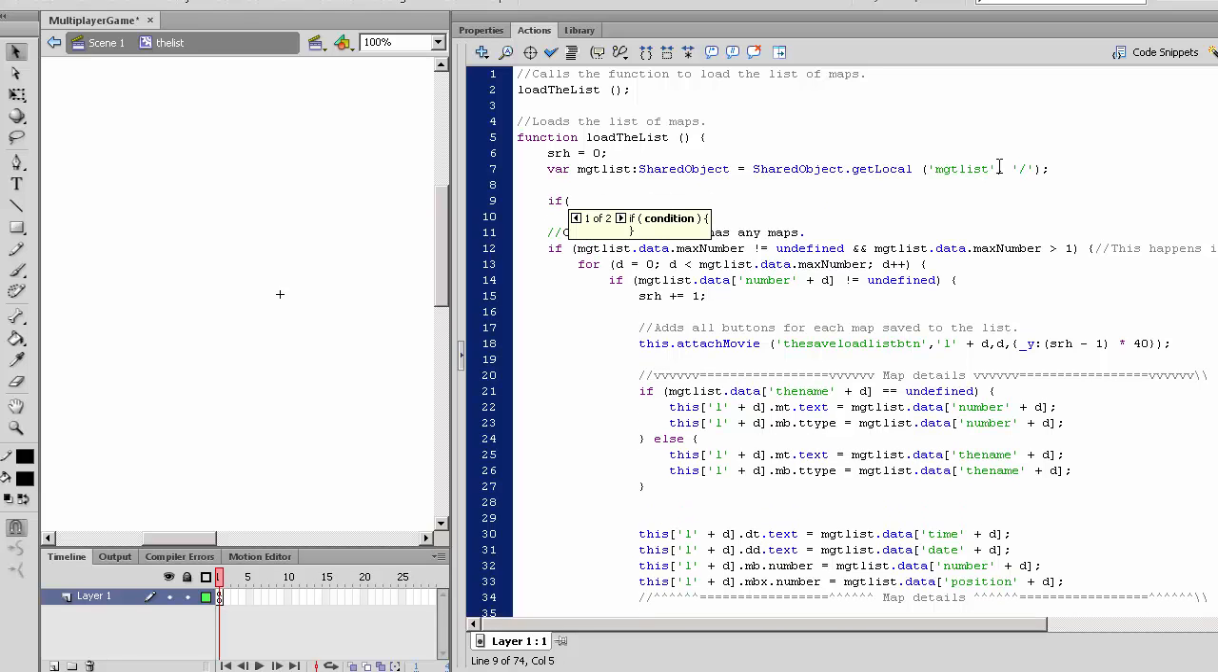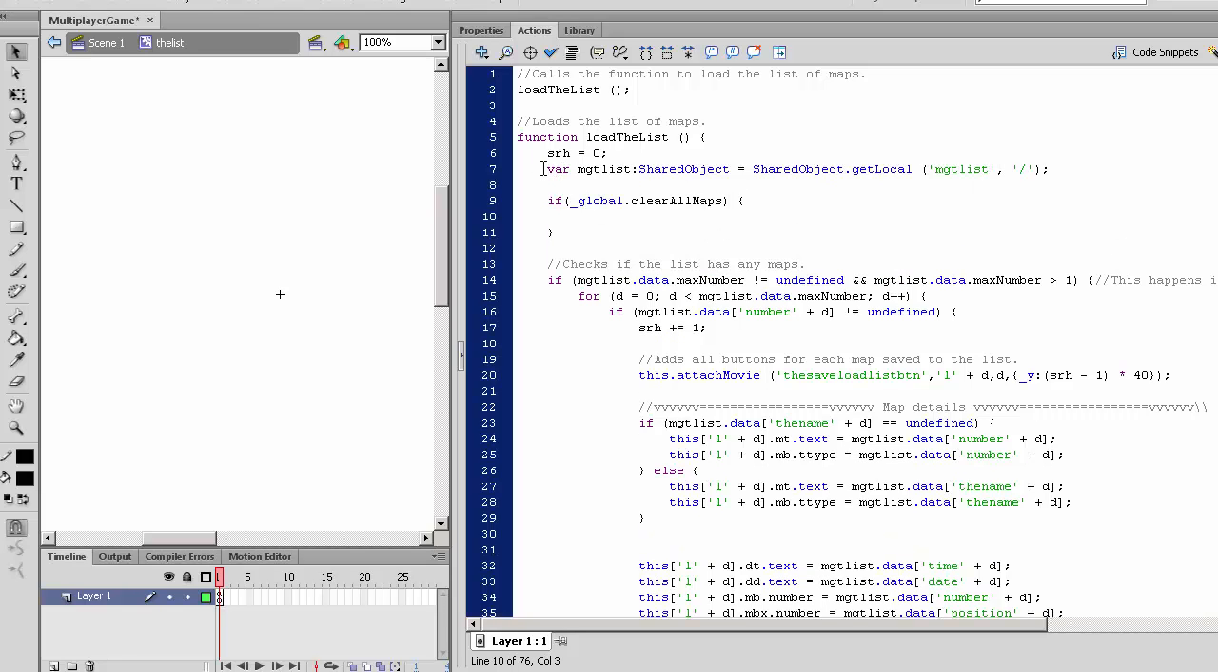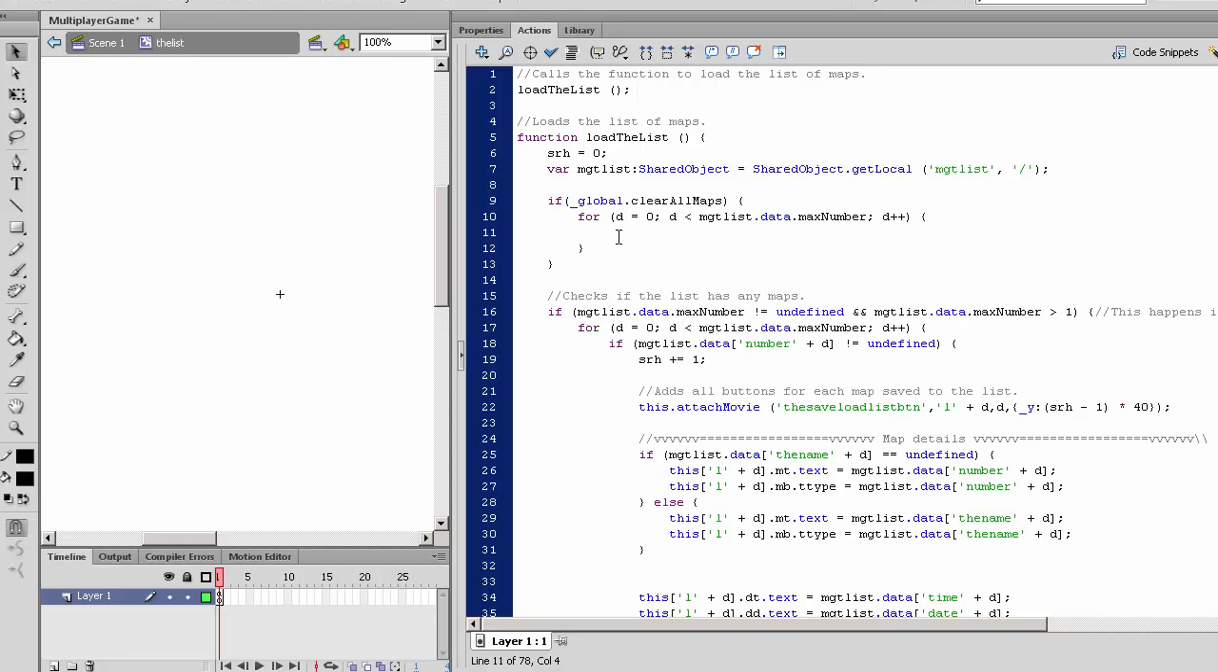We can say if global dot clear all maps, then we create a for loop. Let's just copy this for loop here. So for d is equal to 0, d is less than this number, whatever this number is for the list, which is the max number, then d plus plus,